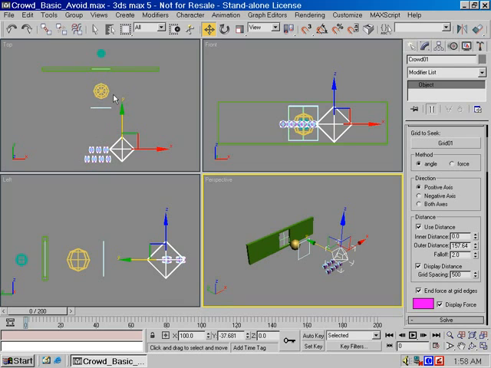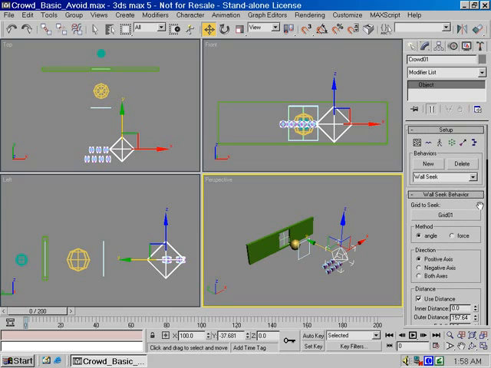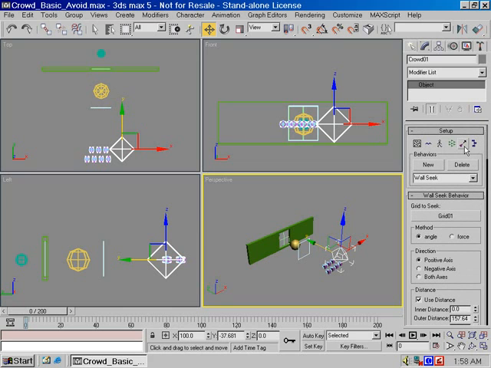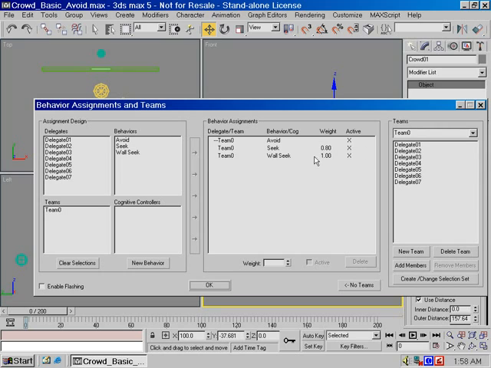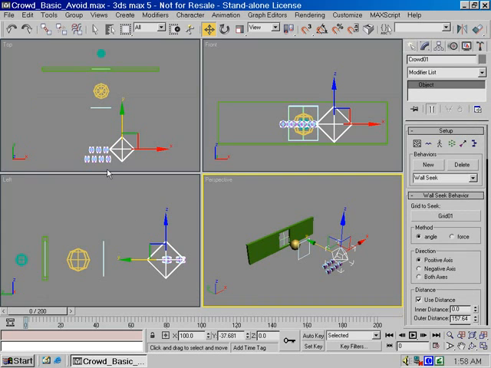Then once they get into this area, the wall seek behavior will take over because it has a bigger weight. It has a weight of 1.0. Let's take a look at that again. Here on our behavior assignments, the wall seek has a higher weight than the seek. So since the wall seek has a higher weight, it's going to pull them up through it. Now, when they get to this point, the wall seek is all finished. They're going to be outside that area, and the seek is going to take over again,